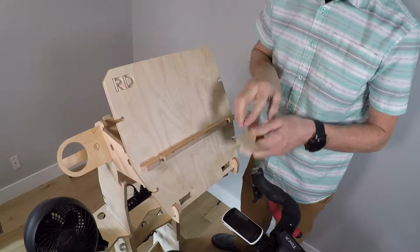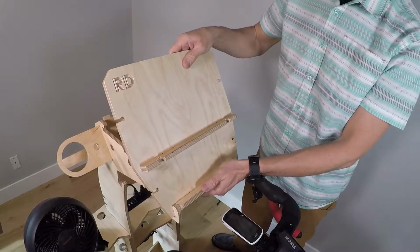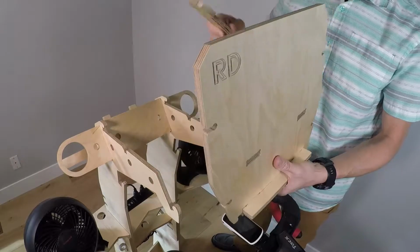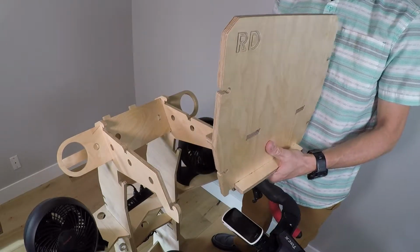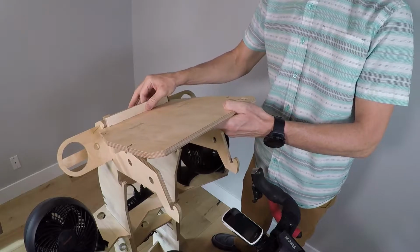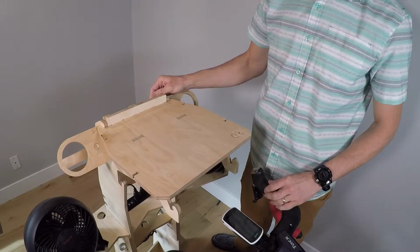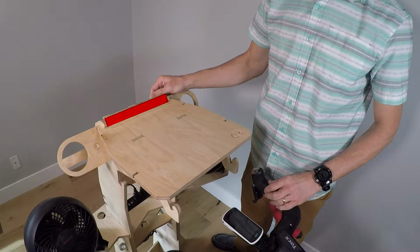Now determine the configuration of your desktop. If you plan to use a laptop, place the longer desk ledge into the upper holes and flip the desktop over. Slide into the rear slots and guide the desk ledge into its slots, which prevent the desktop from sliding out inadvertently. The short ledge can be placed in the lower desktop holes to keep the laptop from sliding back